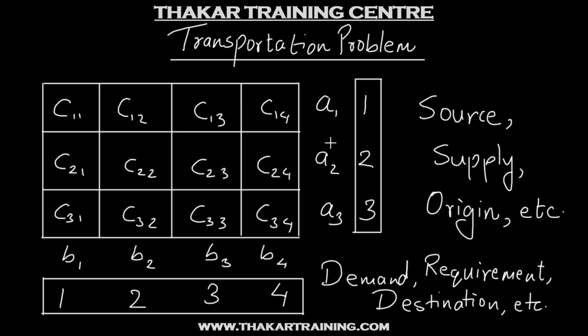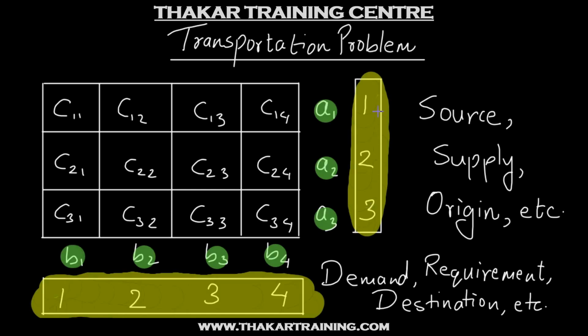This is how a transportation problem would look in a matrix form. Here, the indices which are highlighted in yellow are the supply points and the demand points. So these are also called as sources, origins, etc. And the demand points can also be called as requirement points or destinations. Now the quantities that are highlighted in green, so this A1, A2, A3, etc. are nothing but the capacities in which the sources 1, 2, 3 can supply, and these B1, B2, B3, B4 are the capacities in which these 1, 2, 3, 4 demand points are having their demands.